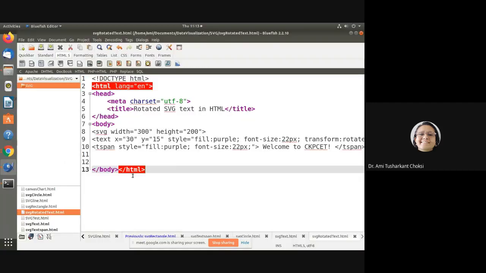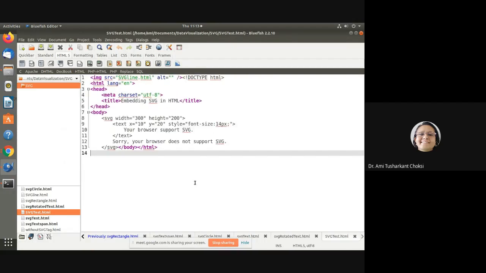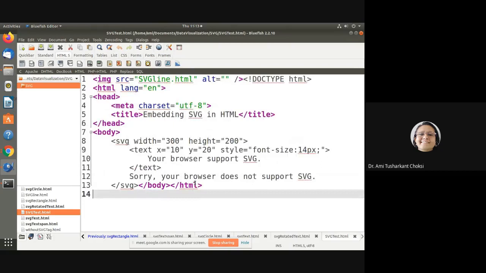We are using our Bluefish editor for this subject. So let us open that. We have the SVG test. Let us increase the font size so you can see it properly. The same code which I have shown you is here.